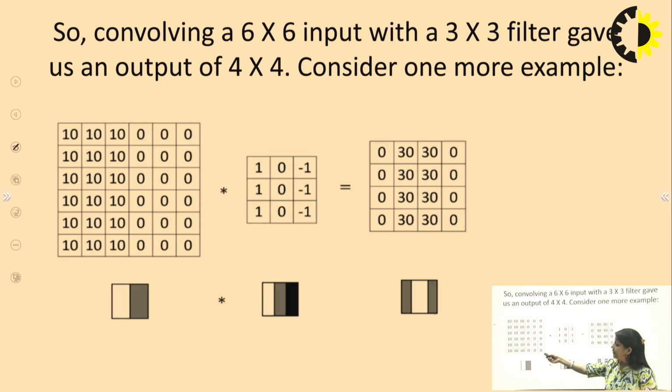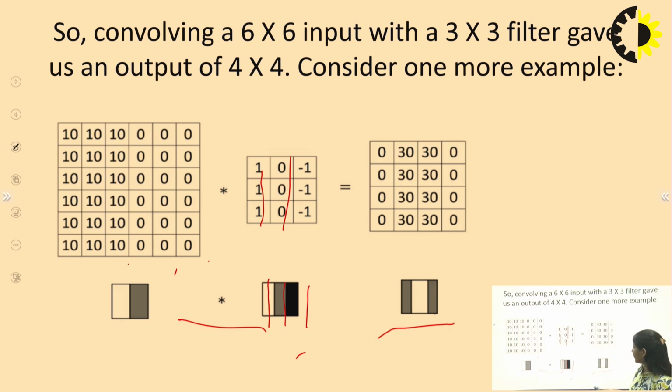So we have this input image, and we can say here the pixel values are 10 and 0. So this is the higher value, that is white, and this is the lower value, that is black. After that, we have applied this filter 1 0 minus 1. So 1 1 1 means this is the white row, and 0 0 this is gray, and minus 1 this is black. So when we convolve this one, then the final image will be this. So we have just a white pixel in the center, and in the left and right planes we have got the gray pixel. So this is the example.